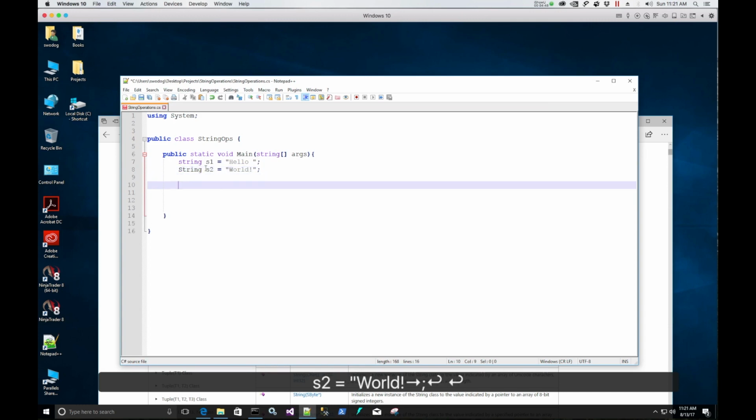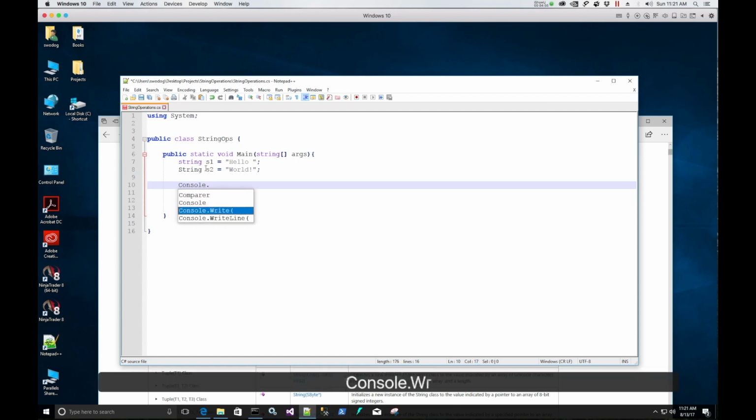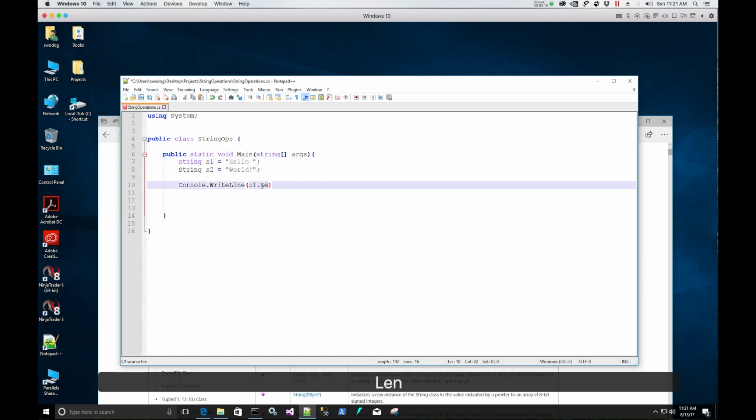Okay. Now the first thing we can do is we can get the length of the string. Let's just do a Console.WriteLine, and we'll say s1. Okay. So this operation is performed on the instance of the string. So s1 is an instance variable. It contains, or it points, right, to this string object in memory. So we can say Length. Now let's actually do this right here. We can say s1